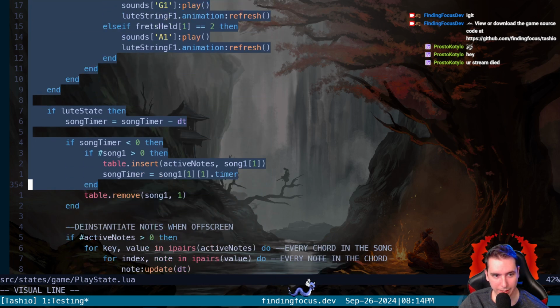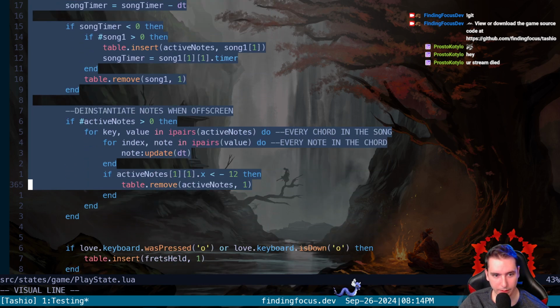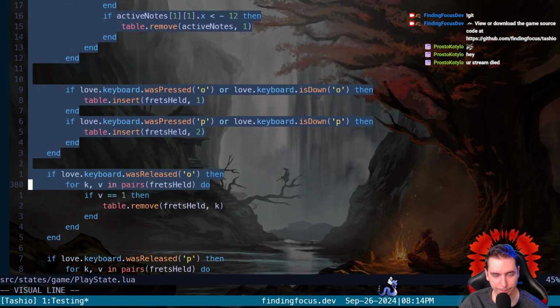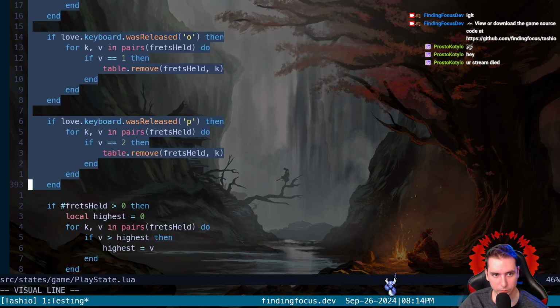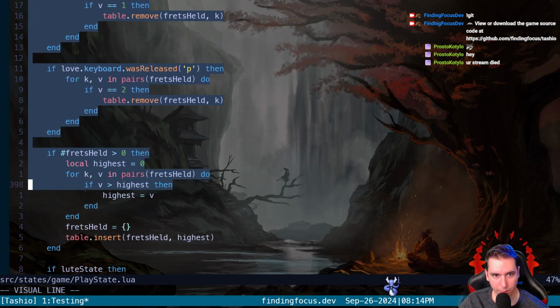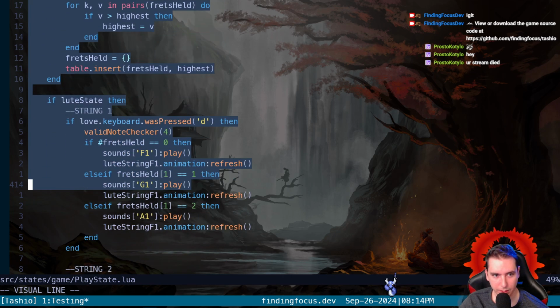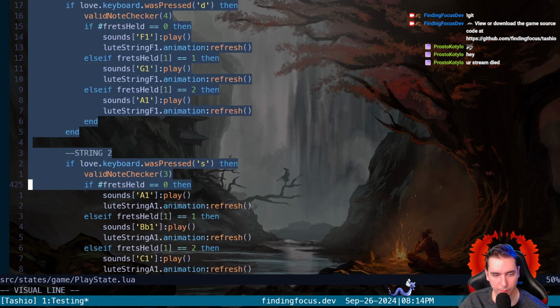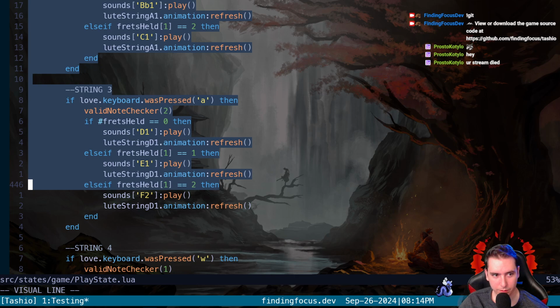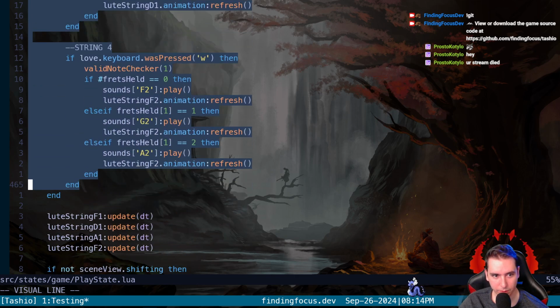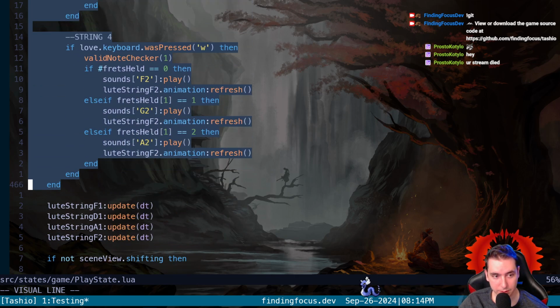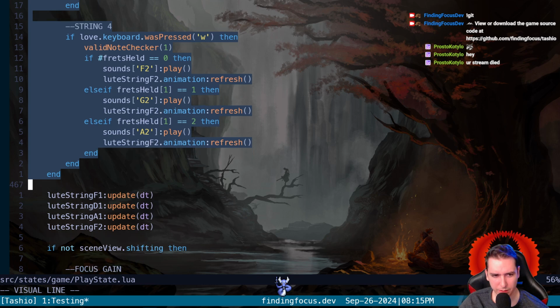And then we go ahead and do more Lute state stuff. Yeah, we can combine this stuff. Our frets held. This is what we need to fix when we have touch. And then look, another Lute state. Oh my goodness. Dude, this is like 500 lines of code. Okay, so this is out of Lute state. And this is updating the Lute strings, which I guess should only happen in the Lute state anyway.